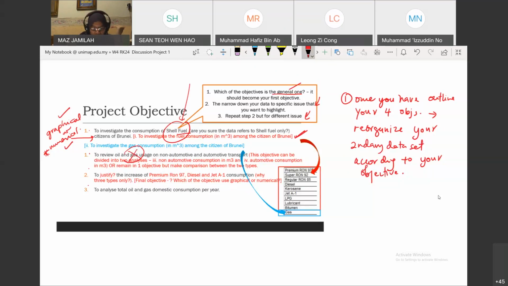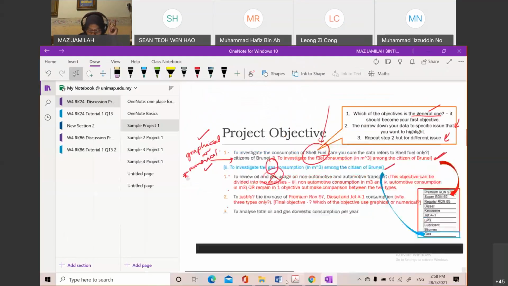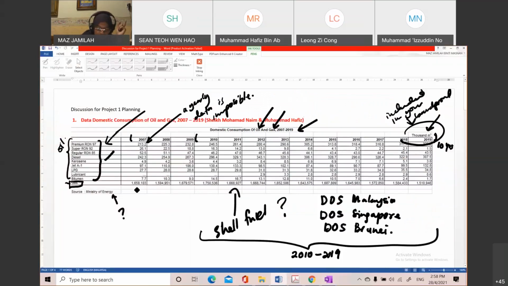So for the second objective, since you have petroleum and gas, the second objective can easily copy paste your first objective, but it is based on your gas only. Okay, since gas only includes one data, you have all the data in terms of numerical value. This one, the last one here. So you can use numerical, for example. You can show the trend. You can use scatter plot, for example, if suitable, because